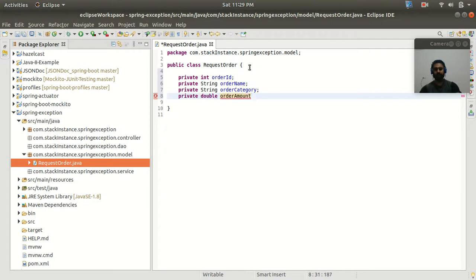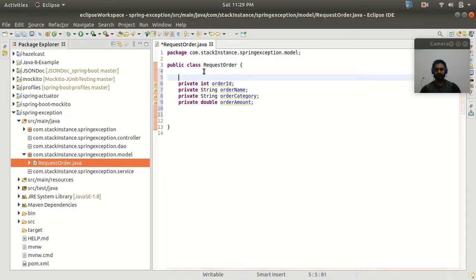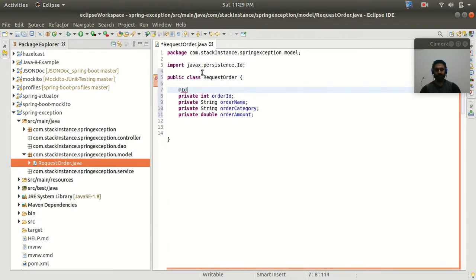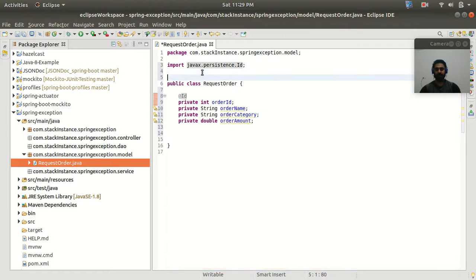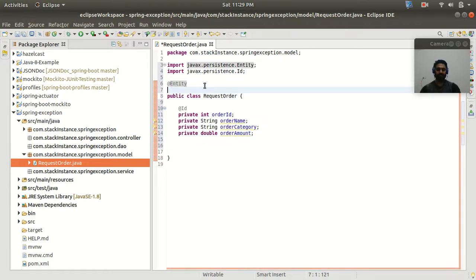So here I have added these four attributes, and here I want this order ID as a primary key. So just add the @Id annotation. And here guys, the request order class is my entity class, so you can add the @Entity annotation to make this model class an entity class.